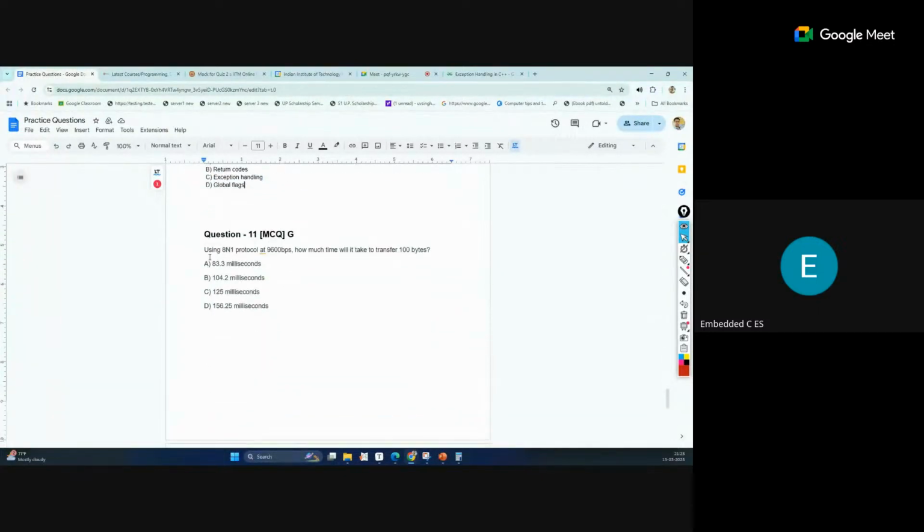And this question is very similar. You can try to solve it the same way. So 8 data bits and 1 start and 1 stop bit, total 10 bits, and now the same is given, but this time we are asking the time for 100 bytes. The last question was 200 and this time only 100. So you can calculate in a similar way and you will get a similar type of answer.